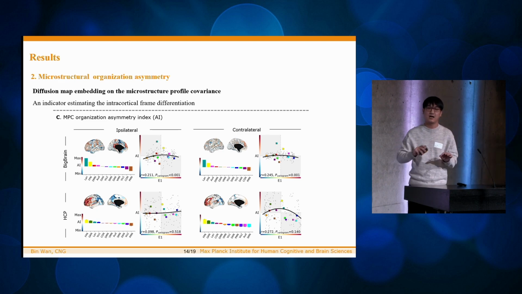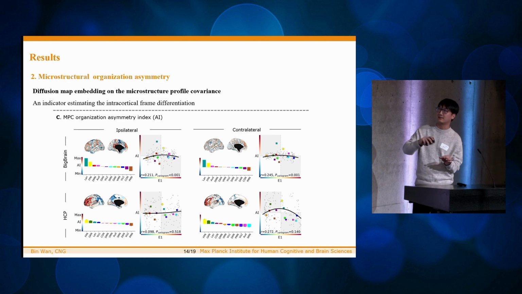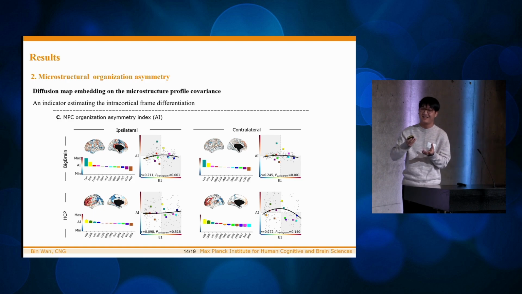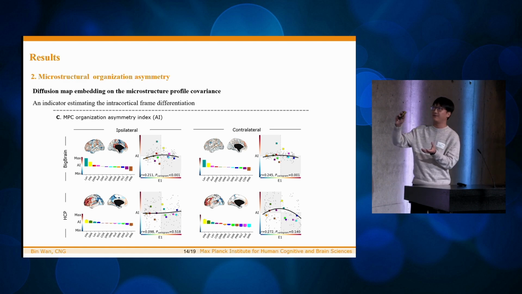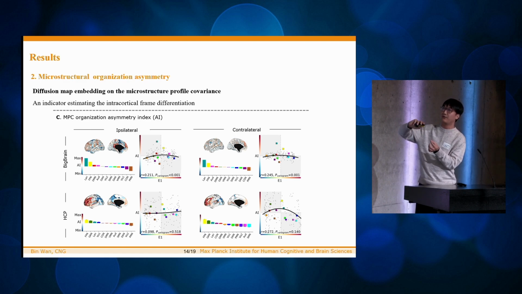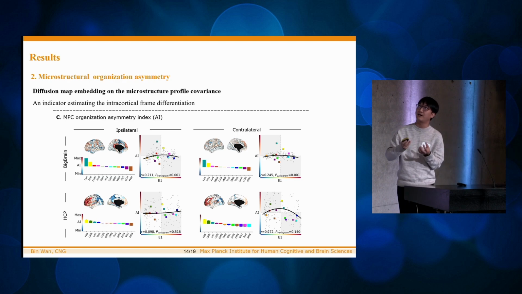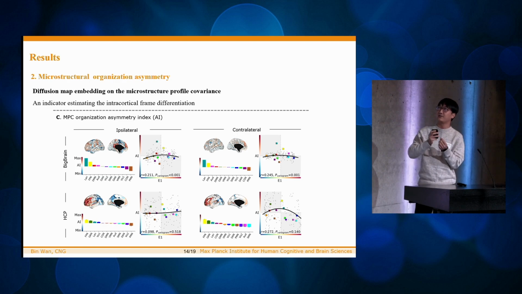And to understand how this asymmetry is distributed along eigenvector one, the sensory areas have a higher laminar differentiation in the structure, and for the fugal areas, they showed a weak laminar structure. And we find in the middle areas, they showed a higher left structure, but for the two ends, they showed a right